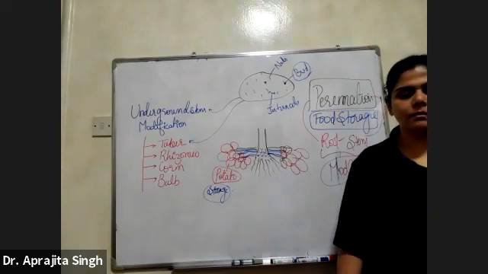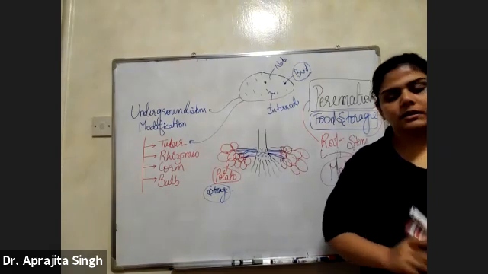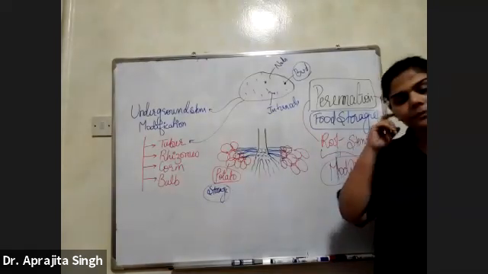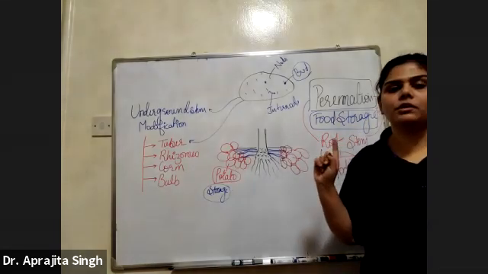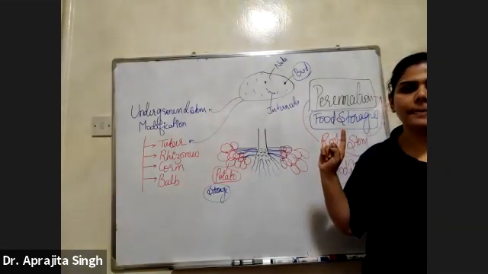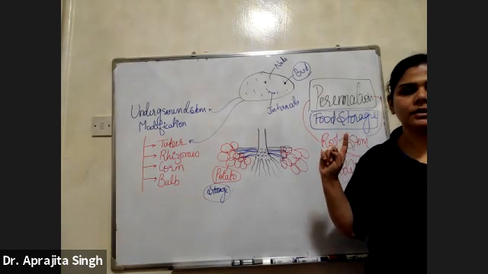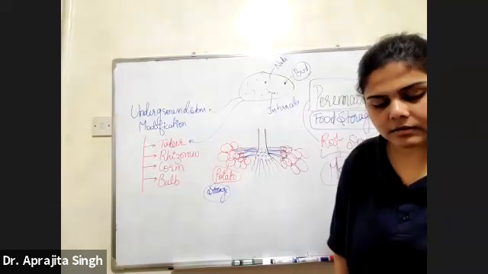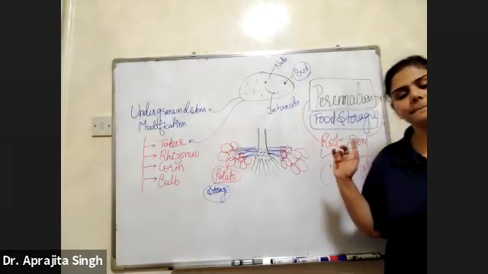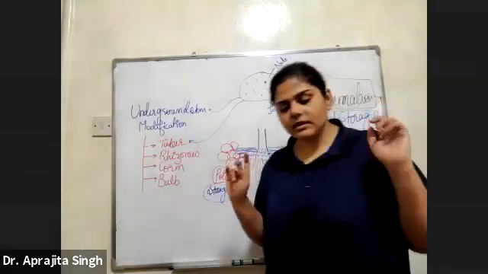And the stem modification. Okay, this word is clear, perennation? Let me know if this word is clear to you. This is very important from the NEET point of view. Students, speak. Yes, ma'am. Okay, fine. Farhan, is this clear? Yes, ma'am. Okay, fine. This is very important from the NEET point of view. You can just mark it important.